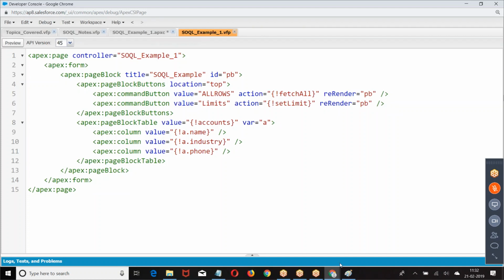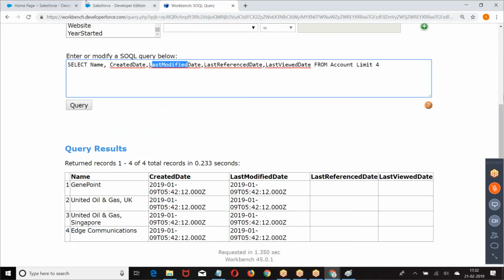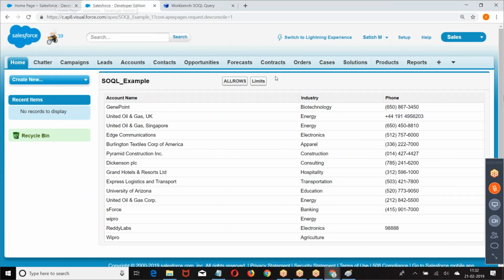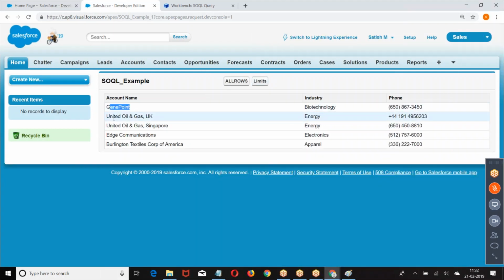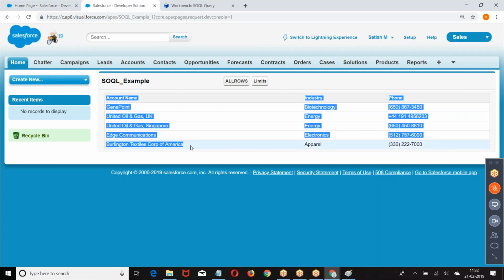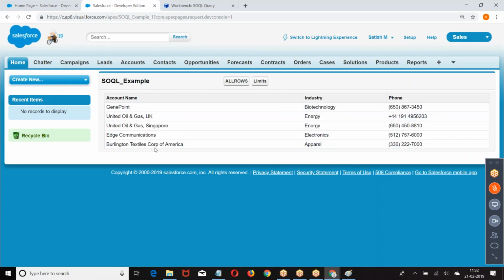Have a preview. Now we got a unique record, Oil and Gas Corporation. We are getting the limited 5 records.